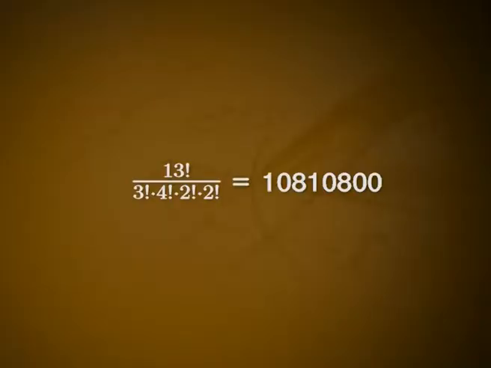Example for permutation in which certain items are not distinguishable. Consider the word ASSASSINATION. There are 13 letters consisting of 3 A's, 4 S's, 2 I's, 2 N's, and 1 each of T and O. Any change in the order of the 3 A's among themselves cannot be noticed. Similarly, for the other repeating letters also. Thus, from the total number of words, the number of repetitions due to the 3 A's must be divided to get the actual number of different words. Similar arguments can be made for the other repeating letters also. Thus, the actual number of words will be 13 factorial by 3 factorial into 4 factorial into 2 factorial into 2 factorial equals